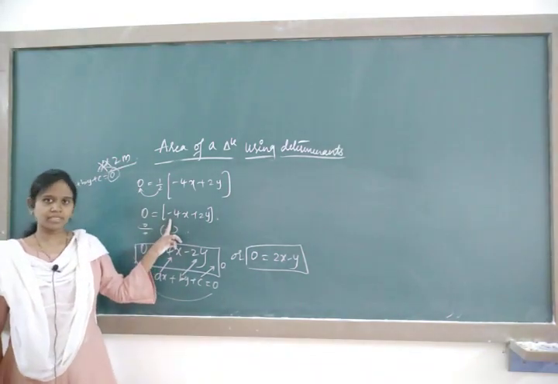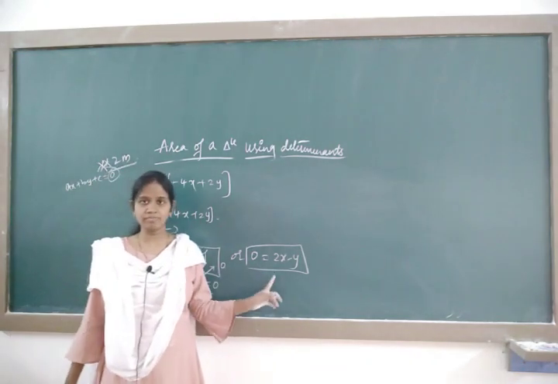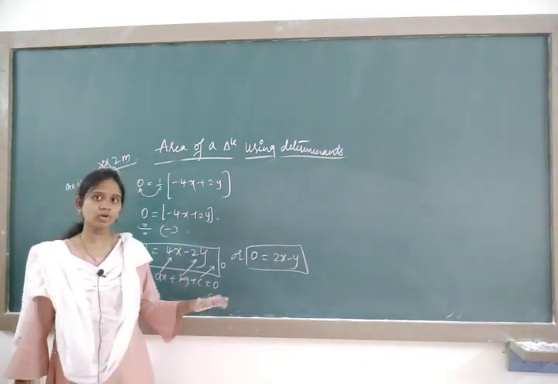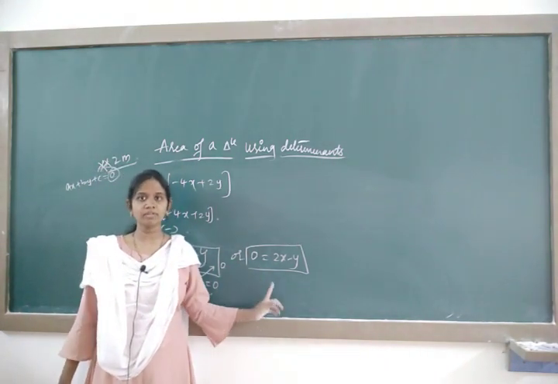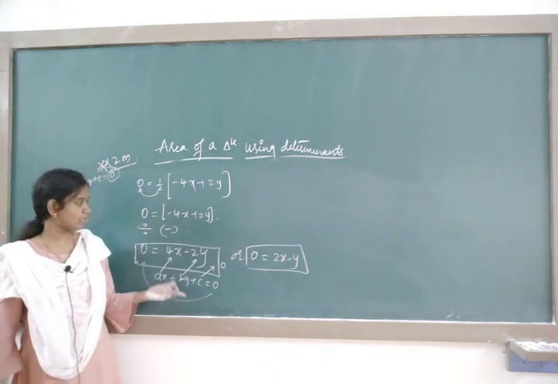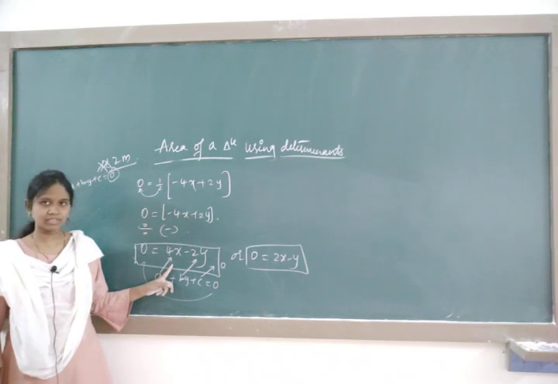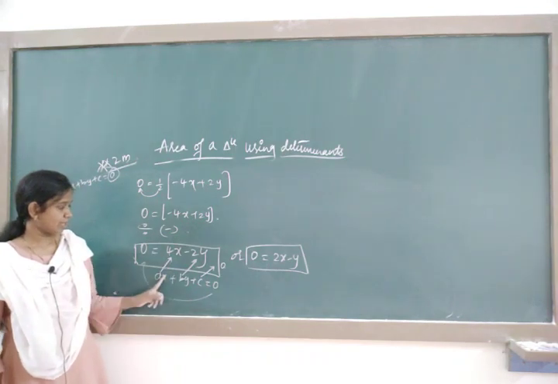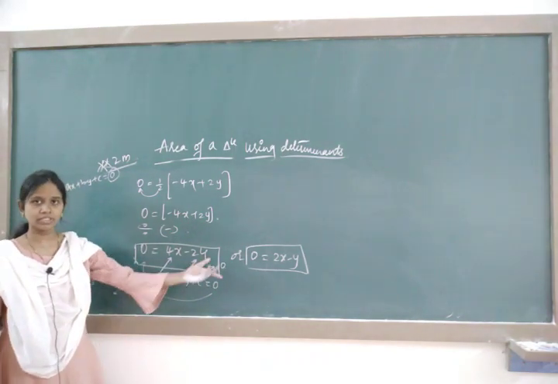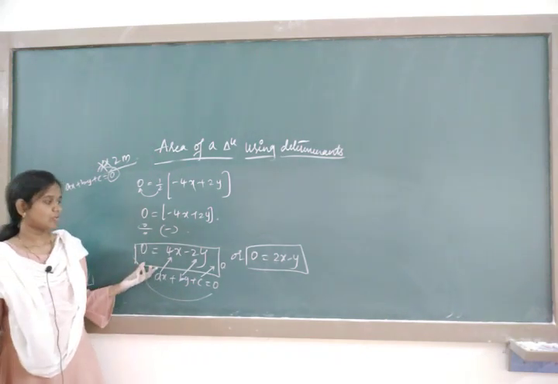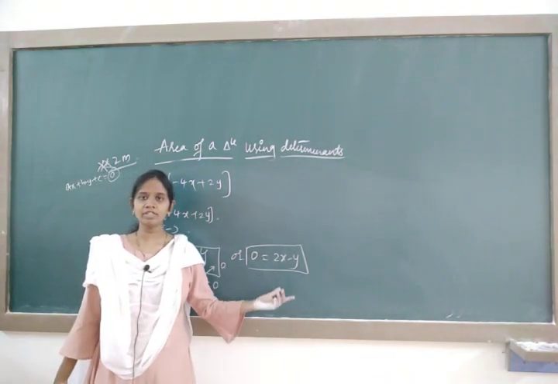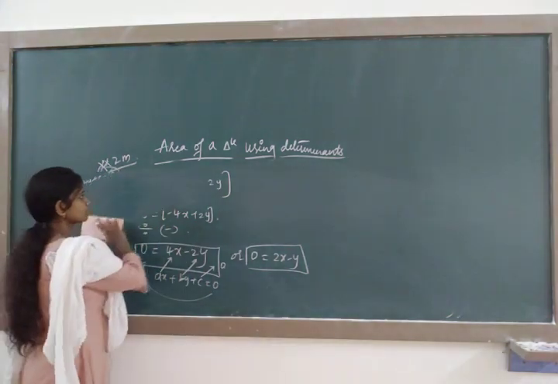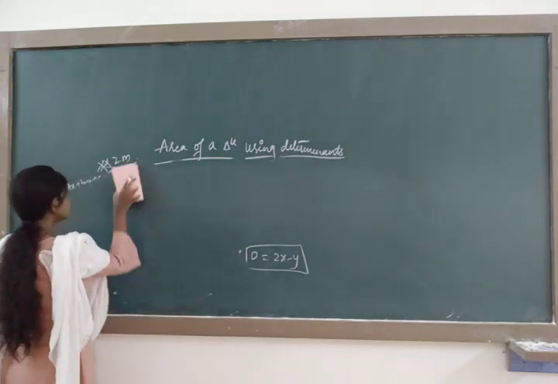You can stop the problem here itself, because they are asking to find out, not to show that. If they ask to show that, then we have to simplify until the data they want is shown. But as it's a find out, you can stop here, or divide by the minus sign, or divide by 2. You observe ax plus by, the c value is 0, the constant is not there, and it is equated to 0. When you bring it into this form, it is called the equation of a line form. In this way we have to simplify. Take one more problem based on this.